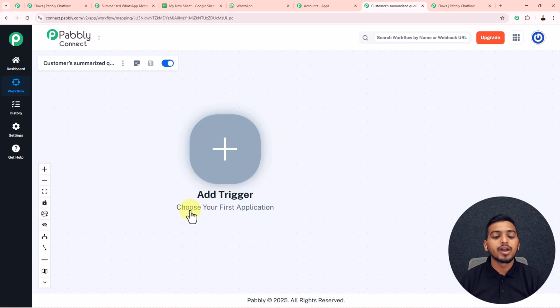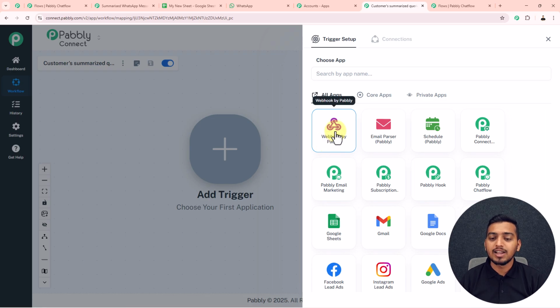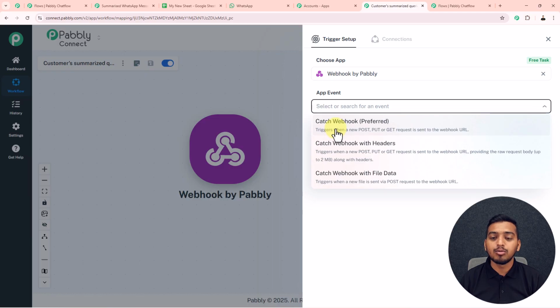So in here we have to select our trigger application, which will be our first application. So for my first application, as I want to get a webhook URL, so for that we will use an amazing feature by Pabbly Connect, this webhook. So I will click on this particular application, and then for this application event, as I want to catch webhook, so I will click on this,